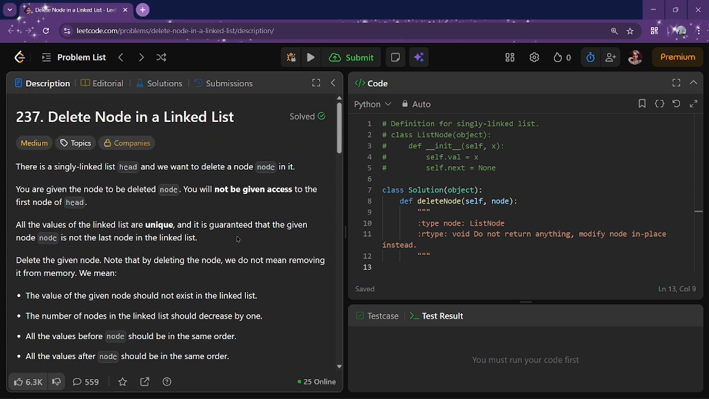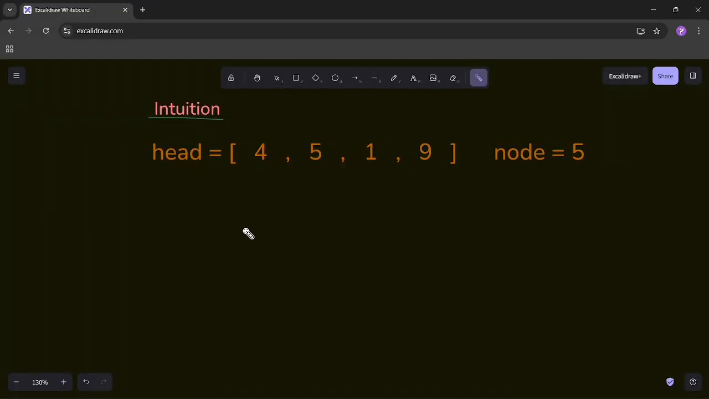So now let's see the intuition. How can we do this? So basically we have this head or we have this node, and we need to delete this node from our head, or we can say singly linked list, right? Since we cannot access the previous node and we cannot remove the current node directly, instead we do two things. The first thing is going to be to copy the value of the next node into the current